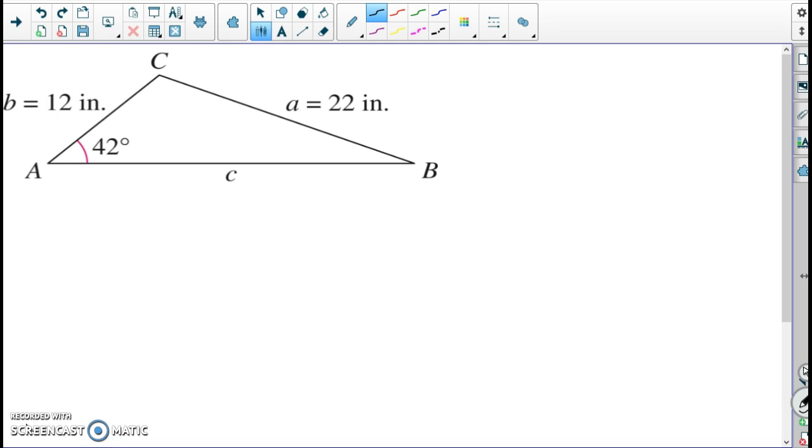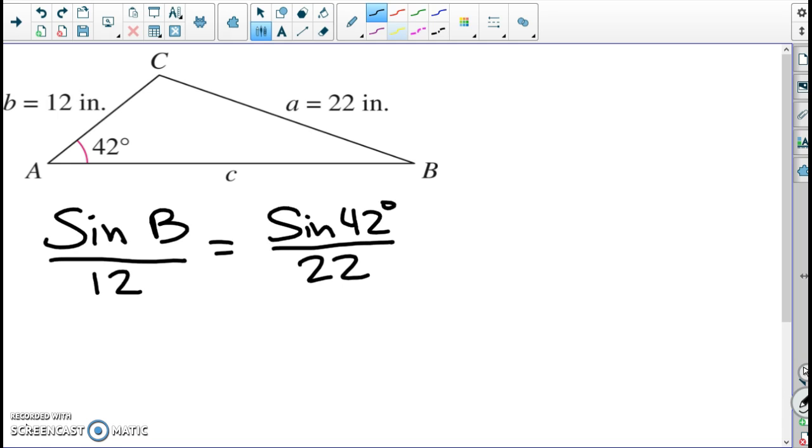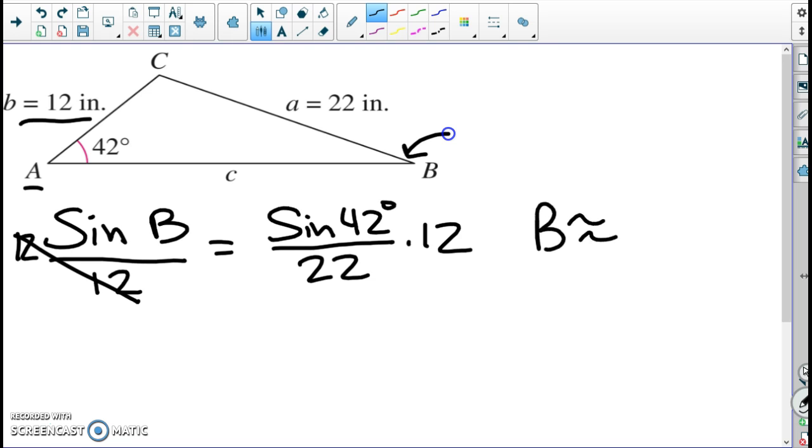So using the law of sines, we can set up this proportion. The sine of angle B over the side B should be equal to the sine of A over the side of 22. Remember, we can use the reciprocals. First we had side over angle, now we can do angle over side. So in solving this, we get the sine of B equal to, we're just going to cancel these out, times 12, both sides. We get angle B approximately